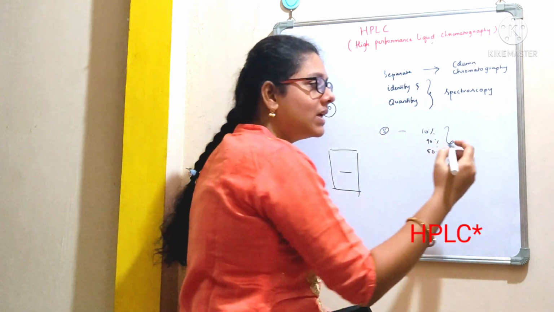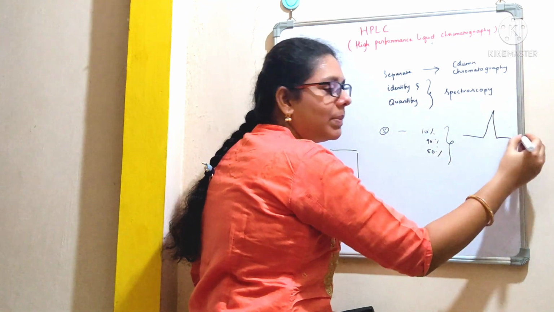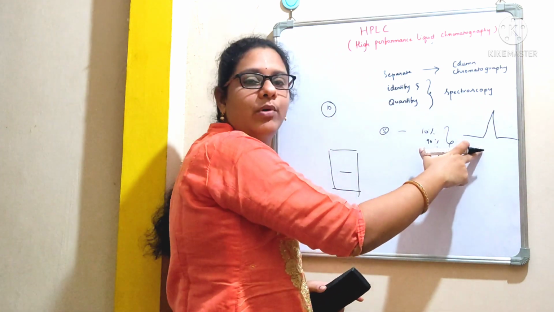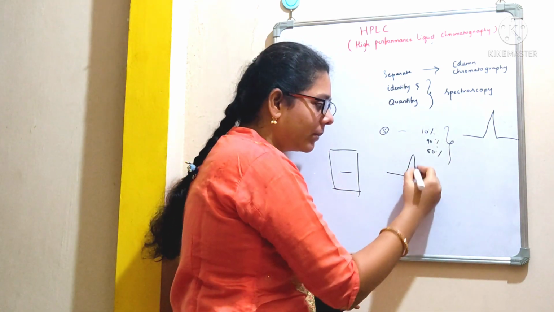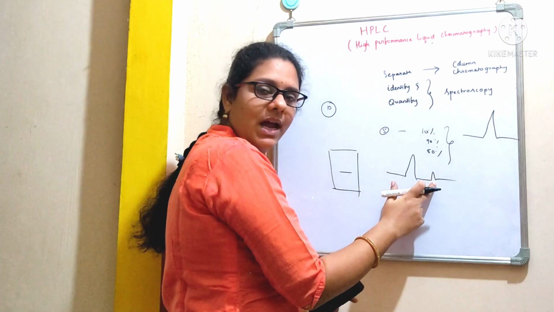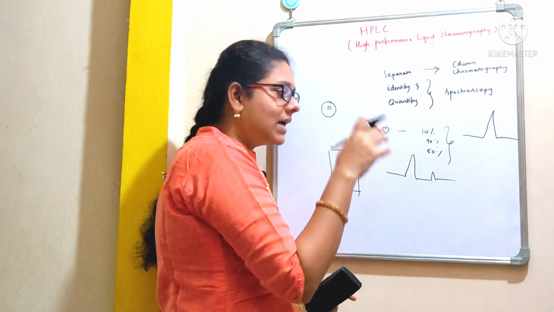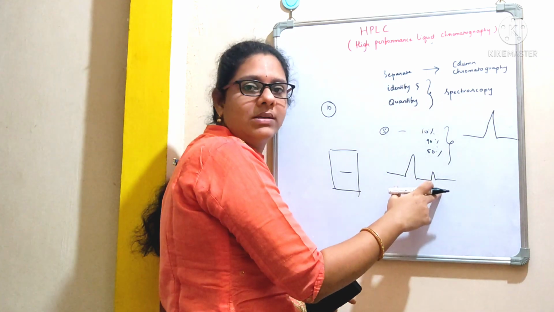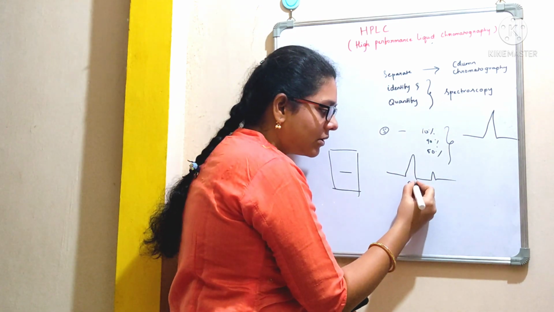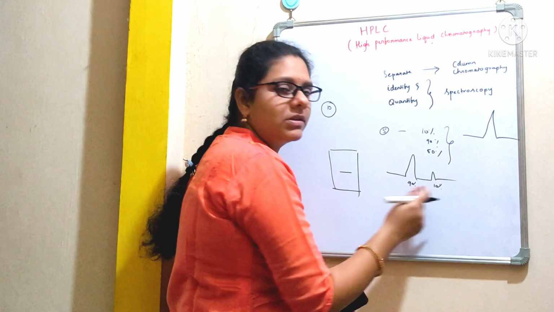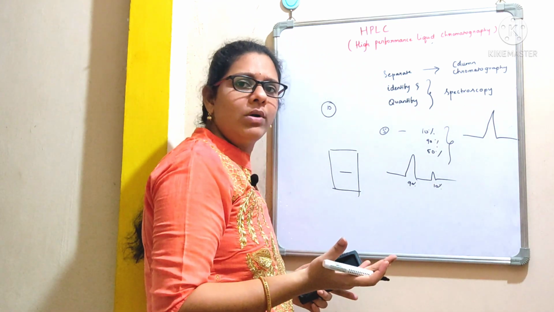So when I perform HPLC, I should get a single peak. That indicates the compound is in pure form. If I get 2 chromatograms, then it indicates that my compound is contaminated with some other compound. That is the reason it is giving 2 different peaks. Now I may get 90% of this compound and 10% of this compound, which means my compound is not pure,